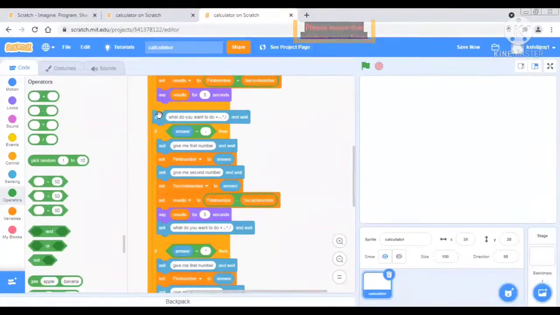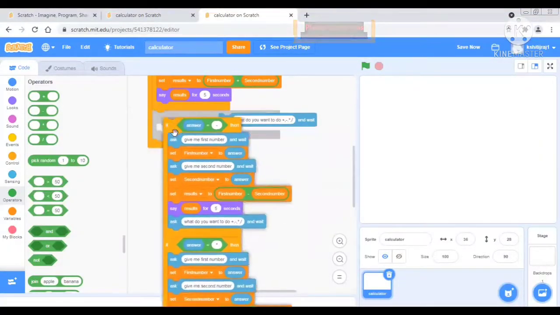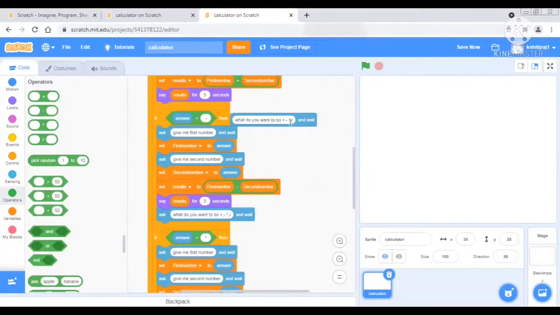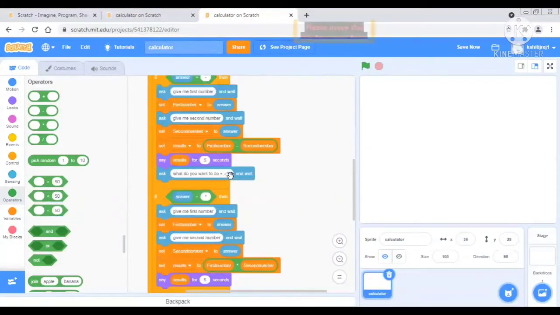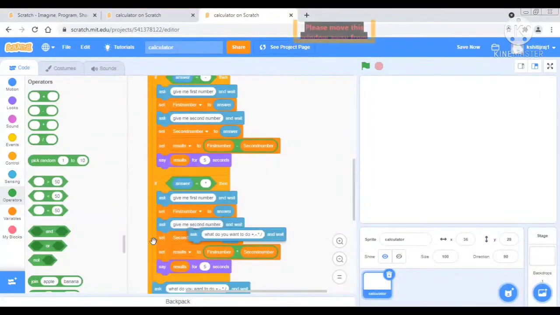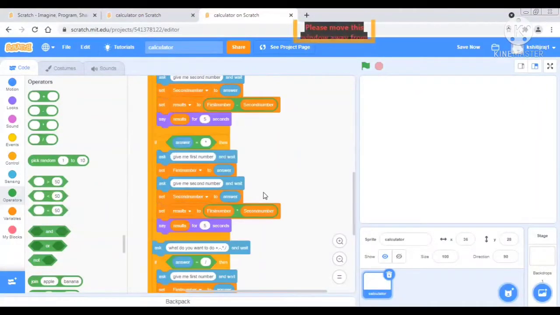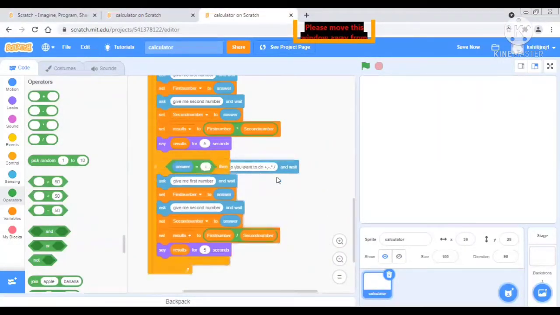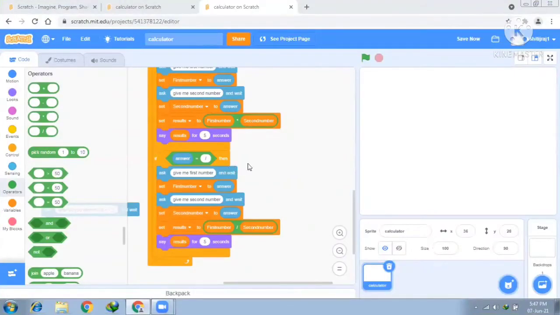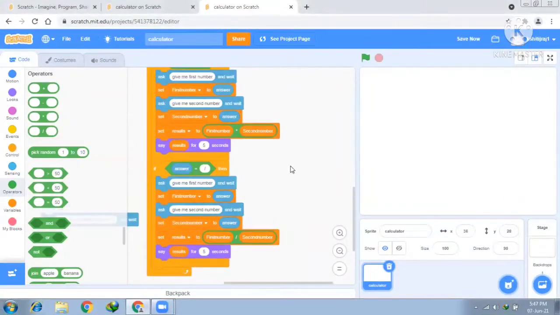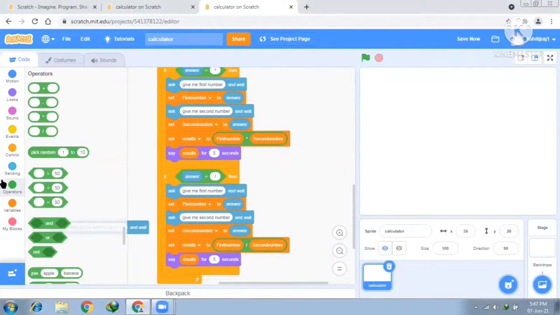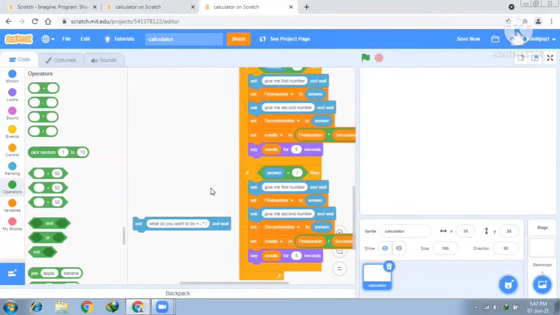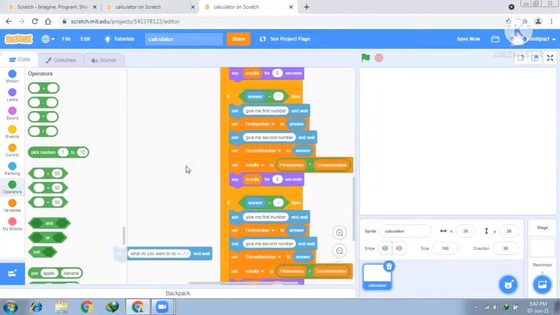We just have to ask what do you want for one time only. We will put all second, third. What do you want? We will put here, and then here also we will take this and put it here. Then we will try. Okay, wait second. Same issue: we don't want to ask what do you want again and again.